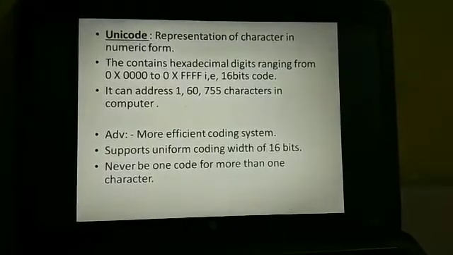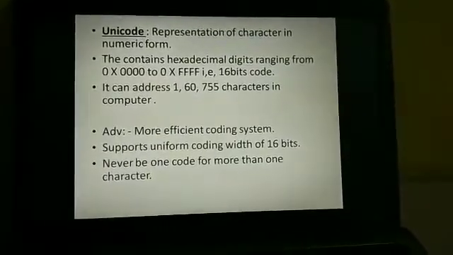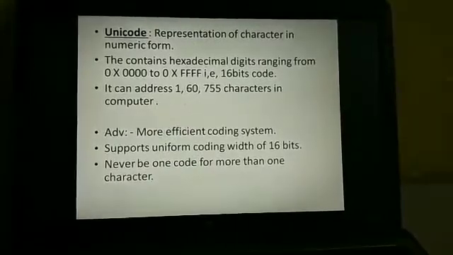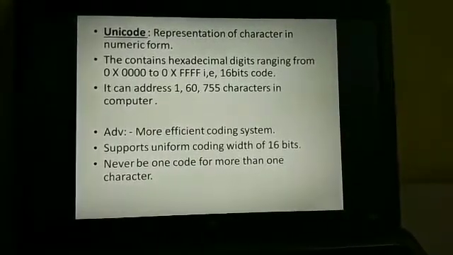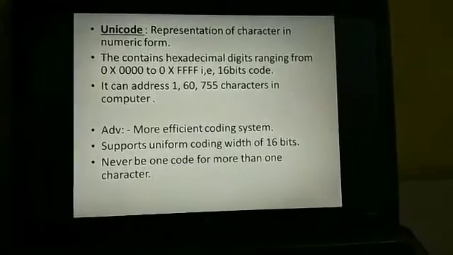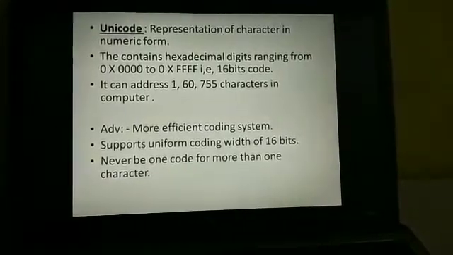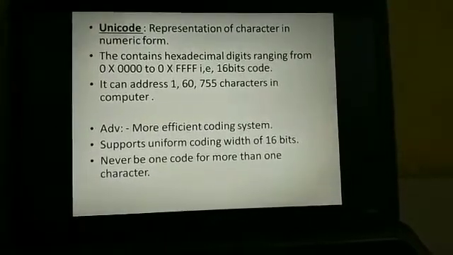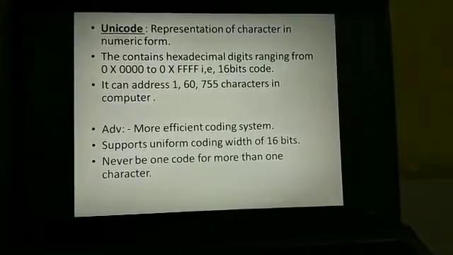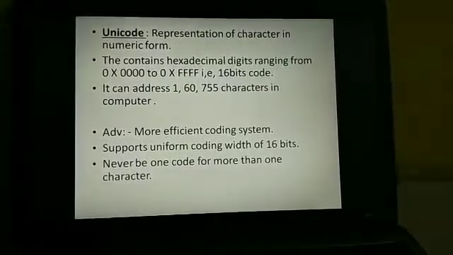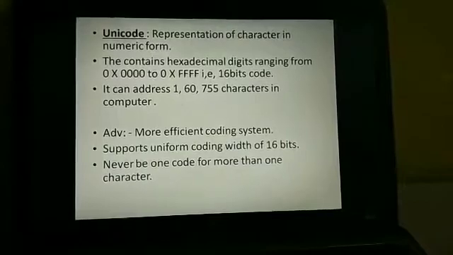Advantages: it is a more efficient coding system, supports a uniform coding width of 16 bits, and never has one code for more than one character. Okay, so once again I'll repeat, Unicode is a representation of a character in a number form.